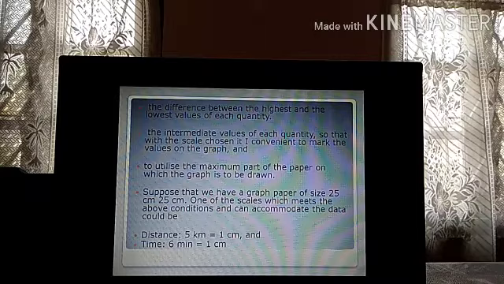So in the exam, to draw the graph is not going to come. No question will come that you draw the graph. So you don't have to worry about it. If any question comes that way, I will give you in the question answer part. So you don't have to worry.